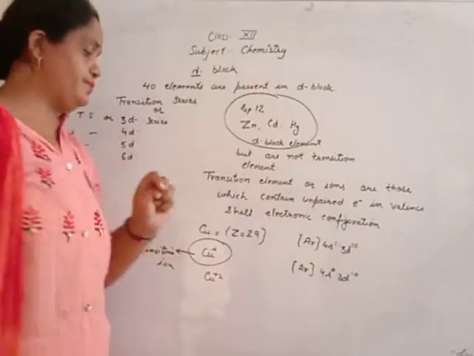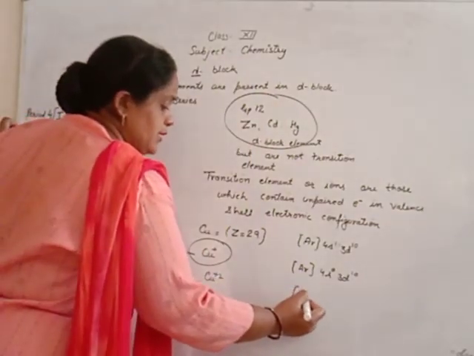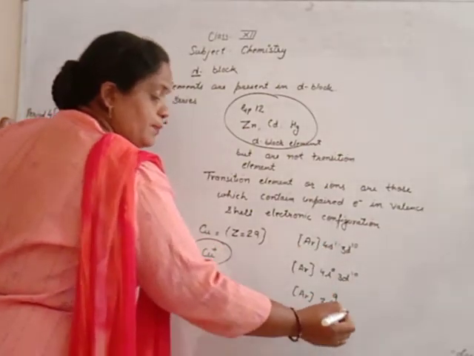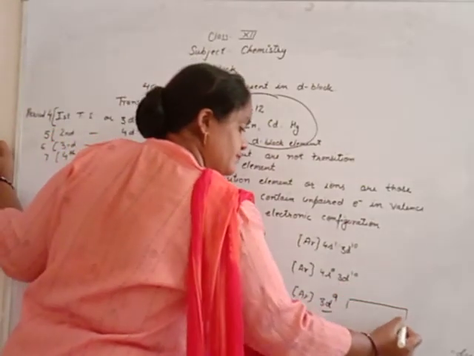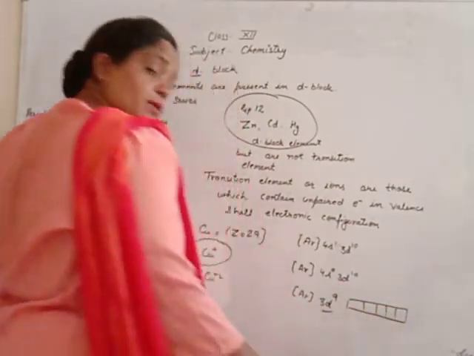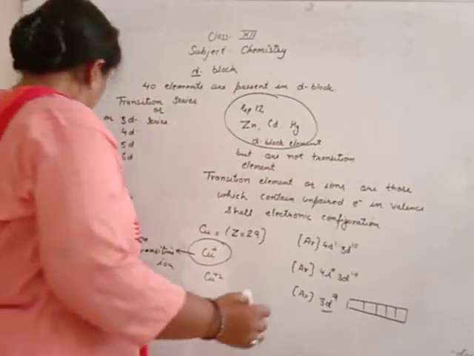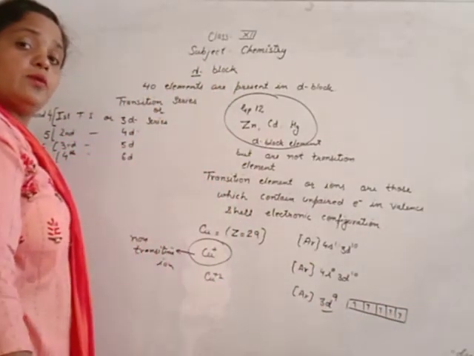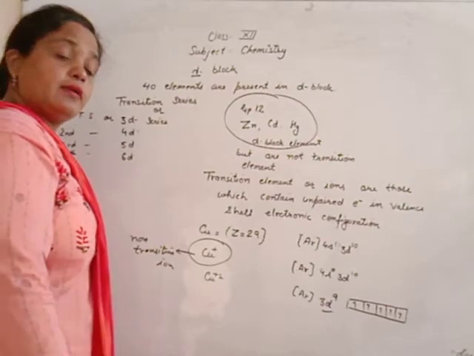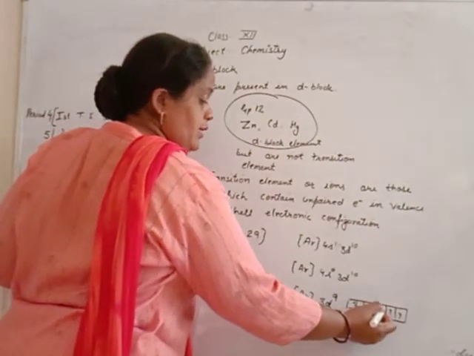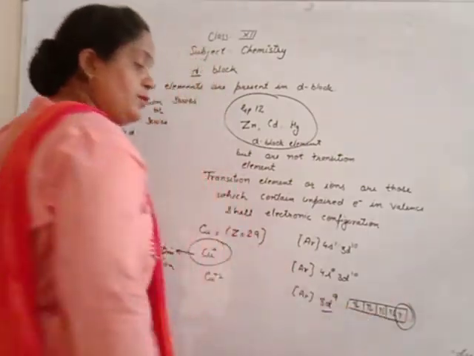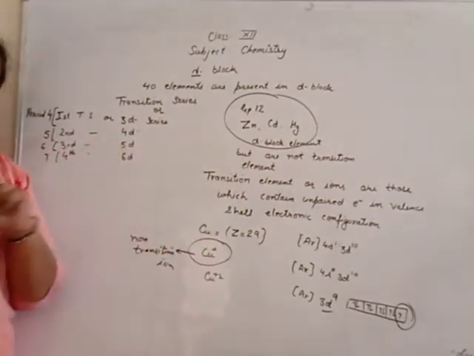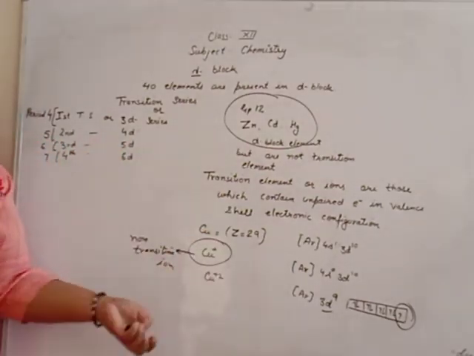Copper +2 electron configuration: one electron is removed from here and one from this, so it contains one unpaired electron in the d orbital, just like this. The d orbital consists of 5 suborbitals. According to Hund's rule, or law of multiplicity, each orbital first receives one electron. When each orbital is half filled, then pairing will occur. This is the unpaired electron. If an unpaired electron is present, it is a transition element. But in this case, none of the electrons are unpaired, and none unpaired means non-transition.